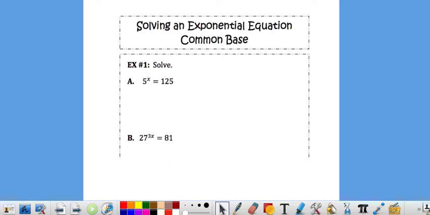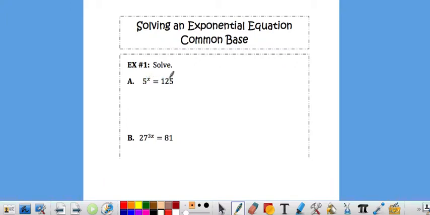This video is going all the way through 7.5, which deals with solving exponential and logarithmic equations. So in some ways, we've kind of done some of this. We're going to start kind of easy, solving an exponential equation with a common base. So if I ask you to solve 5 to the x power equals 125,